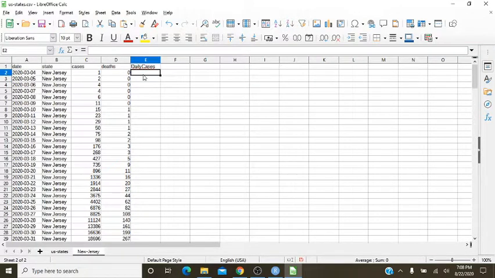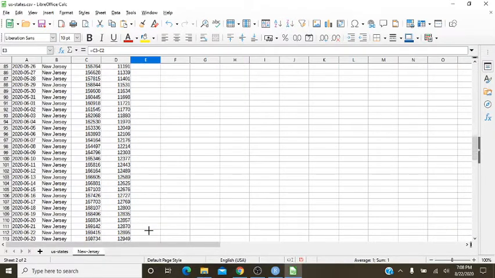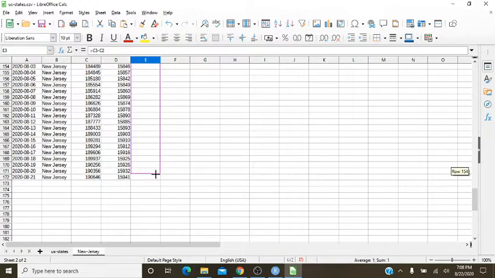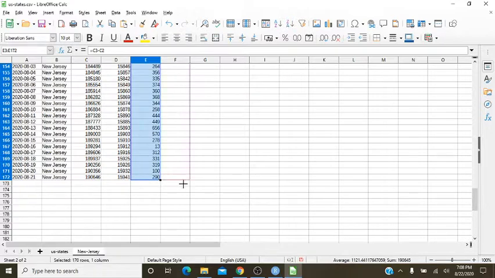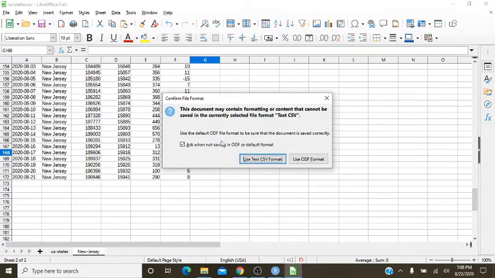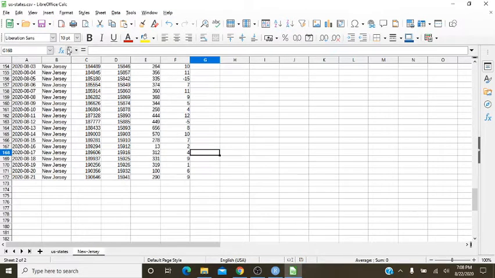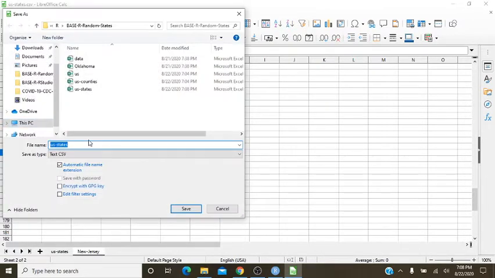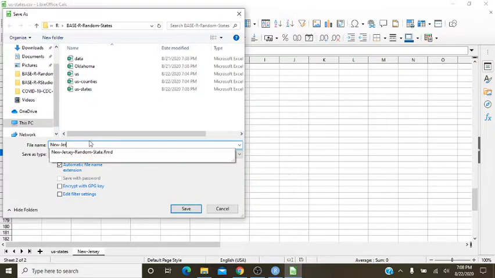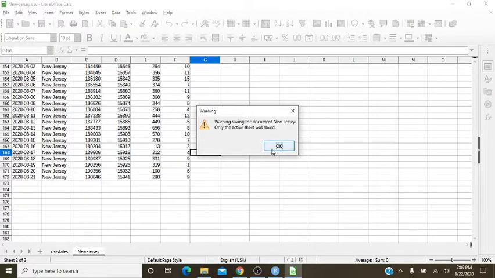Now we're going to come down here and recalculate New Jersey's cumulative or daily cases. Cases and deaths by day. That's good.